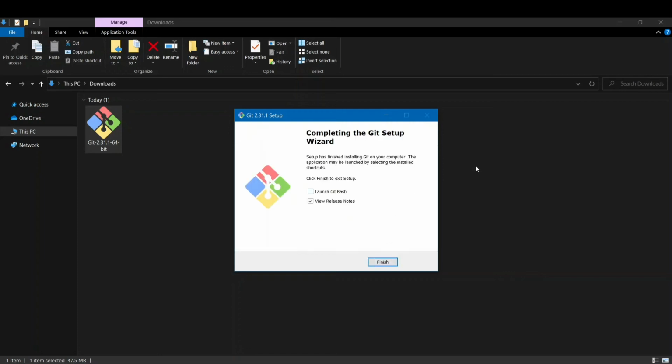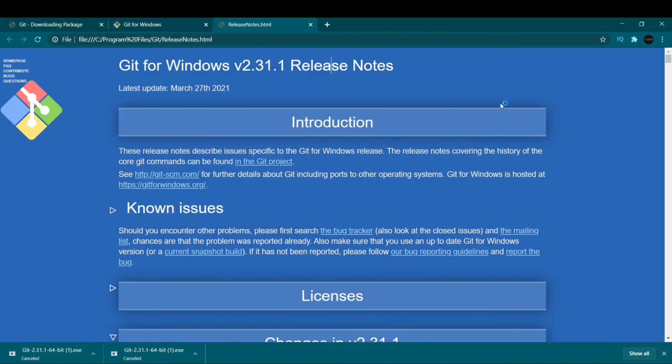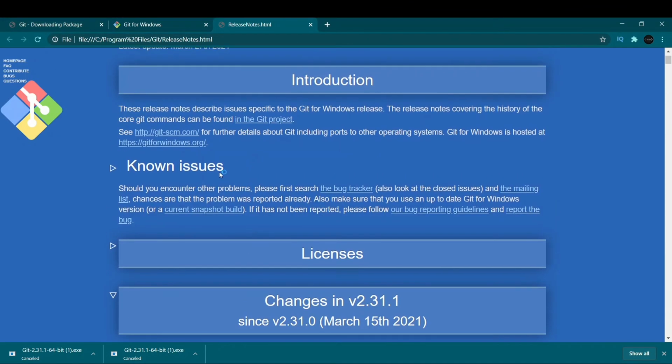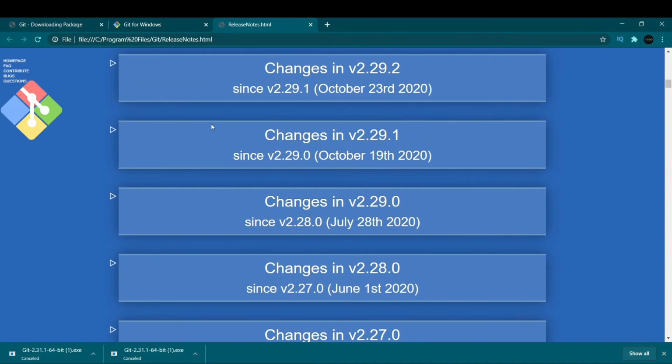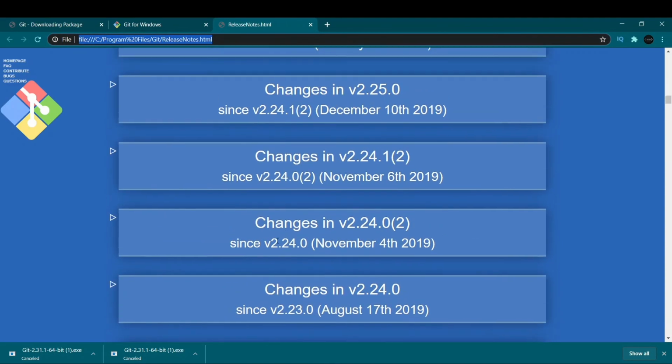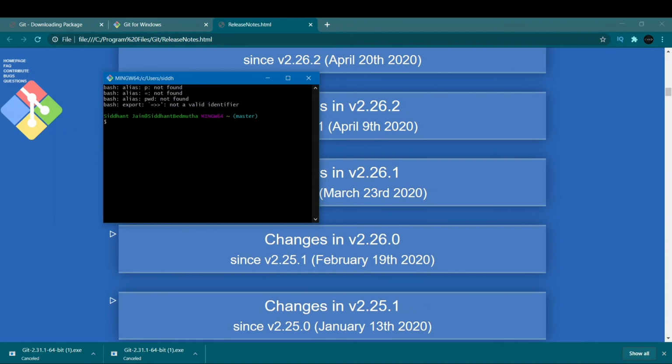Okay, now the installation has completed, so I'll just launch Git Bash and I'll show you. Let's click on finish, and here you can see we have release notes on how to use it, what issues there are, and if there are changes or new version updates. So this is what they have shown us as we install. Now if you check out Git, it shows where I am and what I do, and I can use all of these commands. Now I can use all of the command line arguments that we can use in Linux and everything else, which were not possible to use in Windows.